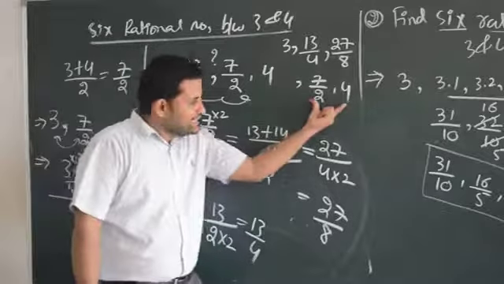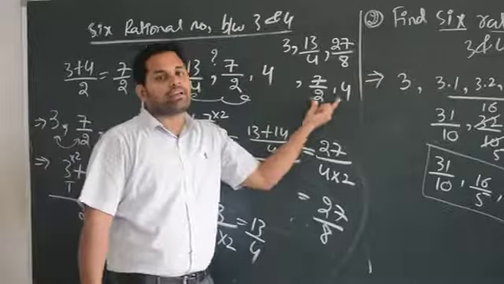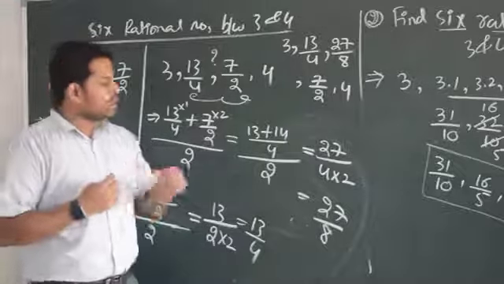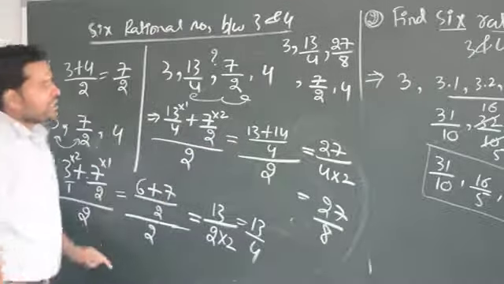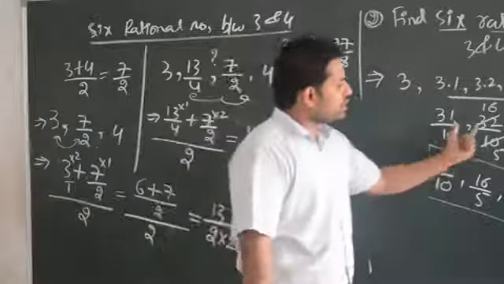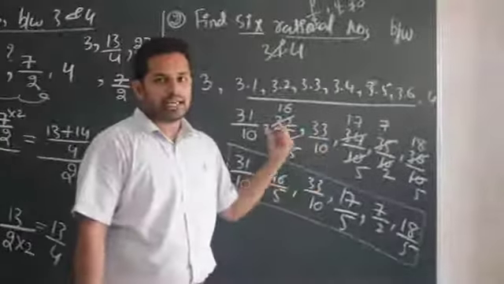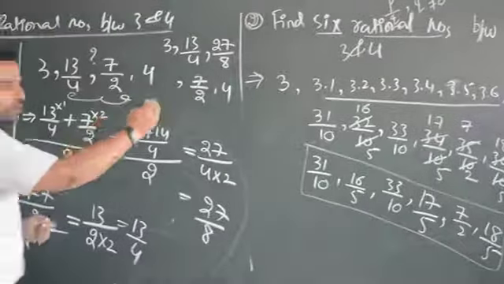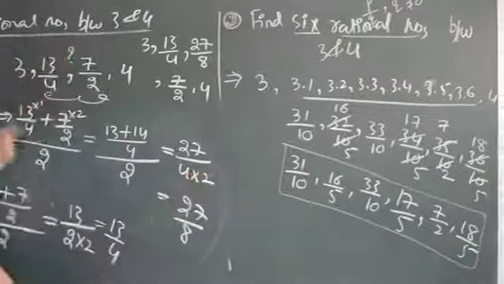Now you can add these two numbers and divide by 2. You can find another number. This is a very complicated method which NCERT is discussing. That's why we are not going behind this method. We have to solve the questions with whichever easy method I explained here. This is very important. Let me explain you one more time. That method you must have got to know. That is very simple. Let me explain here.